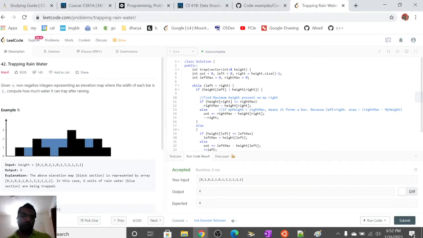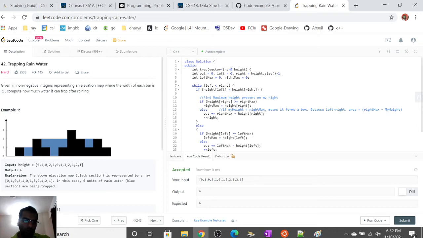Hello guys, so today we are going to discuss this problem, trapping rainwater. So this problem was asked in a Google interview question. So the problem is something like this, that we are given an array of integers, for example 0, 1,